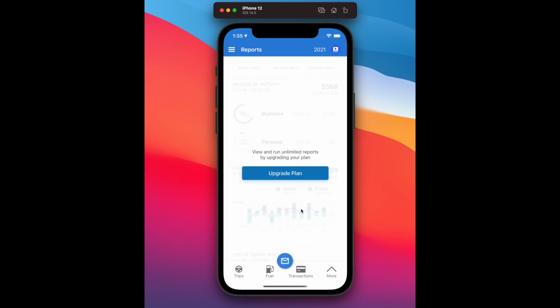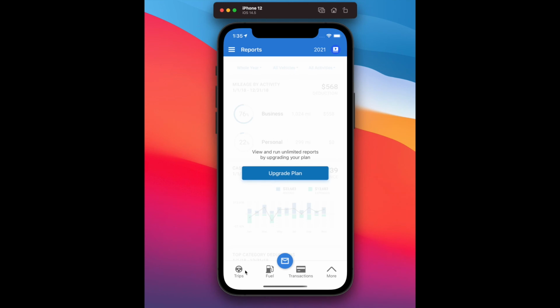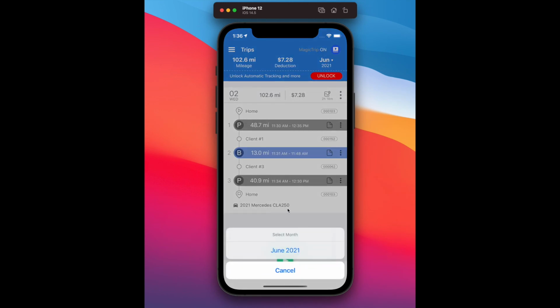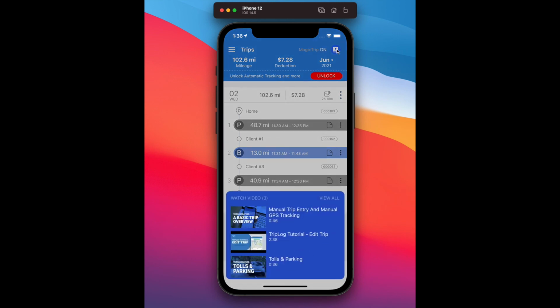And also, we have our reports, which we can see here. And also, if we go back to the main page, you can also filter by certain months. You can see your deductions and all of that good stuff. You can see Magic Trip is on right here. Also, you can watch a few videos if you have any more questions on